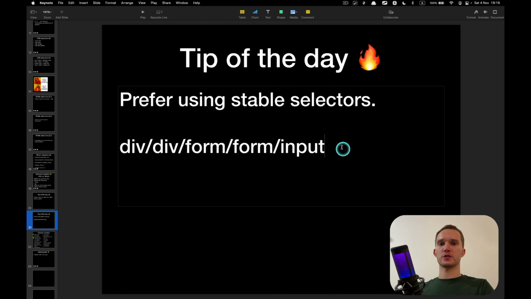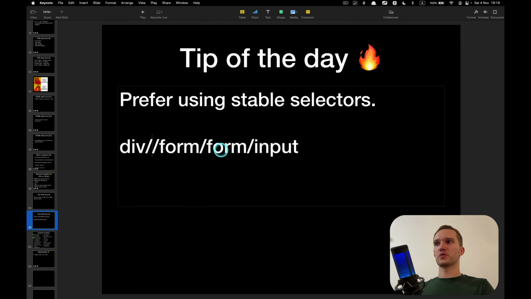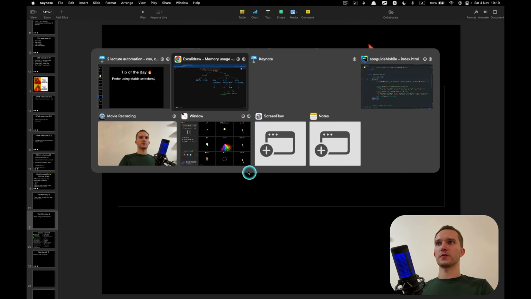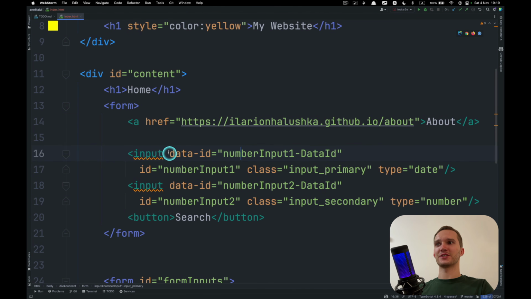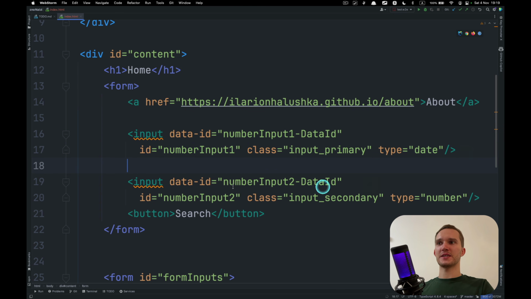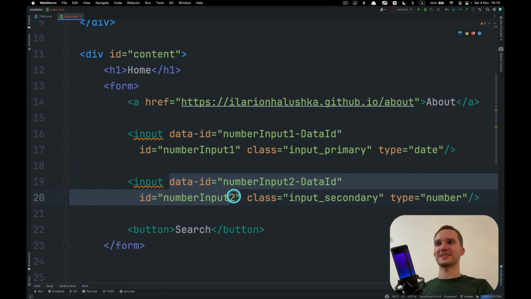It's not reliable, it's not stable. If something changes and the developer, let's say, removes this div, then you have to rewrite all your selectors. Your tests would fail. It's always good to have some ID or data ID, like we have here in this example HTML. Yeah, I know it kind of looks messy, but it's much better to have these additional attributes.